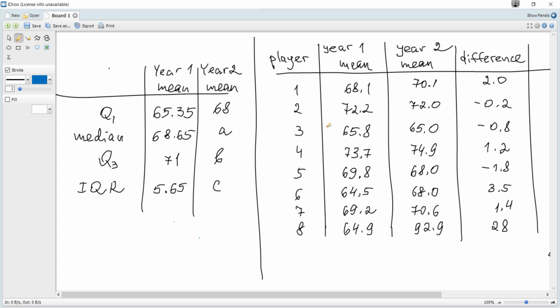She selected a random sample of 8 darts players and recorded their mean 3-dart average from year 1. She then recorded their mean 3-dart average from year 2. Valia's results were as follows. So it is given two sets of data. Year 1 mean, it means players' averages,